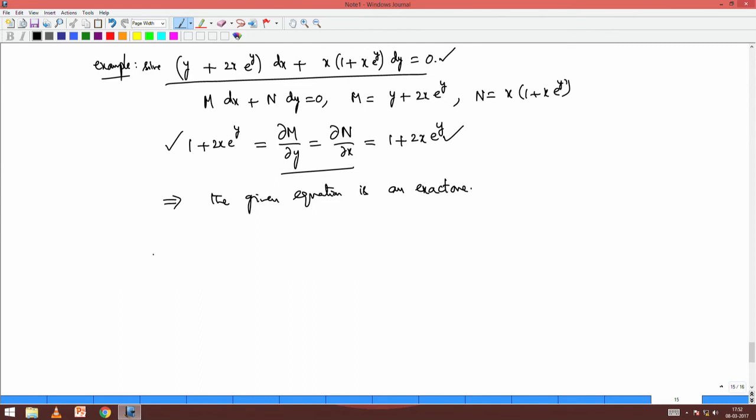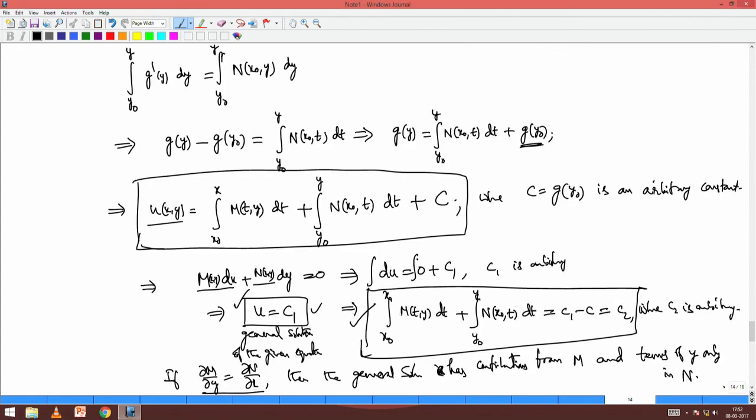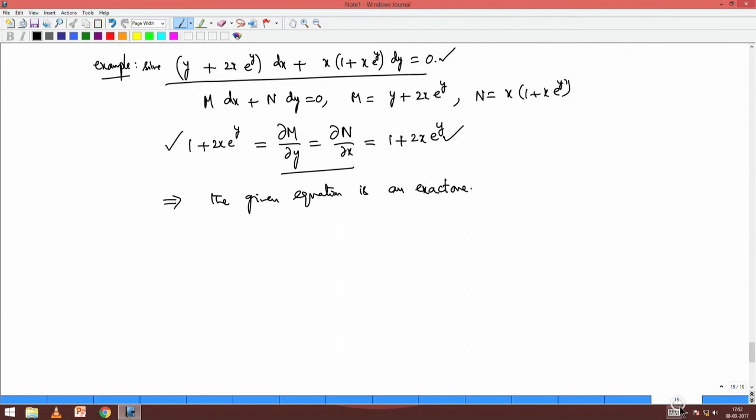So, if it is exact, you know how to get the general solution. We have seen it just now some time back. You simply take m, you integrate with respect to x, you simply take n, you integrate with respect to y by fixing x naught. Here you do not fix y naught. You add them, put equal to a constant, that is the general solution of that equation, if this condition is satisfied. So, the general solution of the given equation is